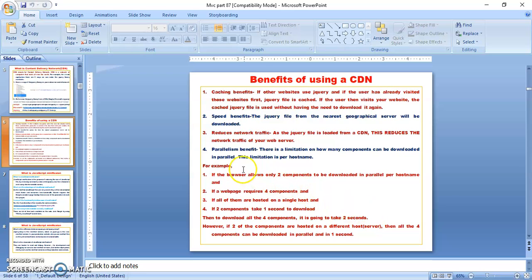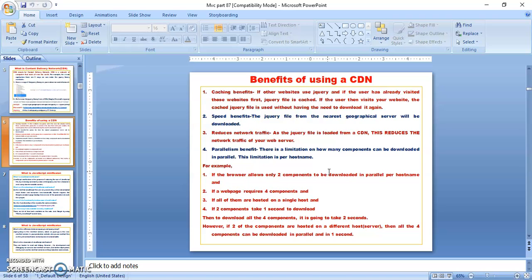Parallelism benefit. There is a limitation on how many components can be downloaded in parallel. This limitation is per host name. Suppose your server wants to download 4 components, and the rule is that you can download only 2 components at a time. Each pair takes 1 second, so you require 2 seconds.